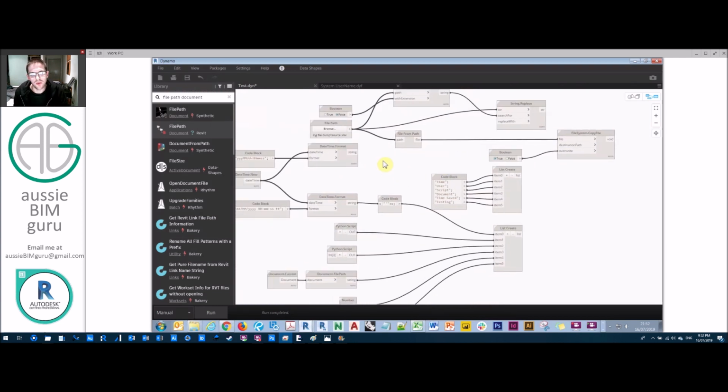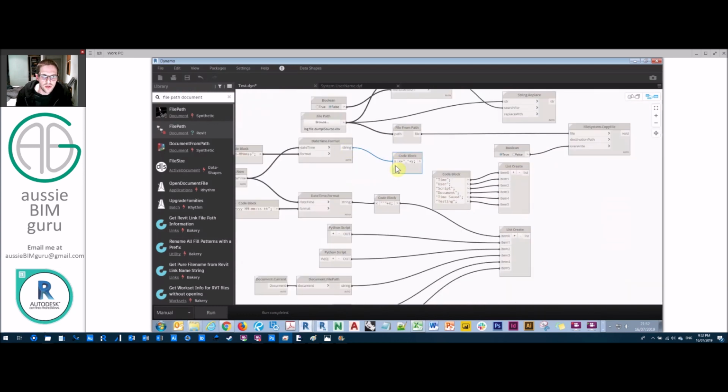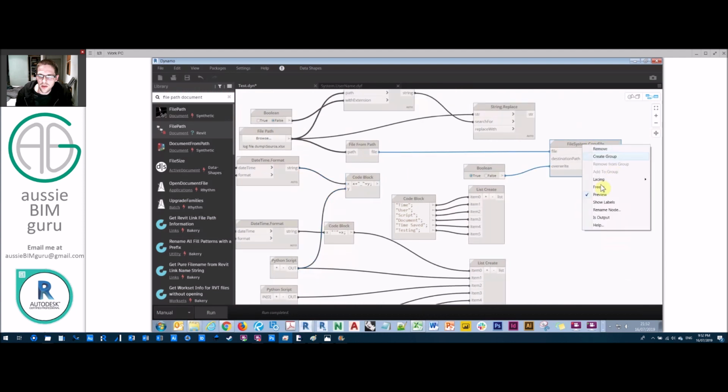I think that's the format we'll use. So we're going to do x plus underscore plus y. Okay, so x is our DateTime format, y is our username,